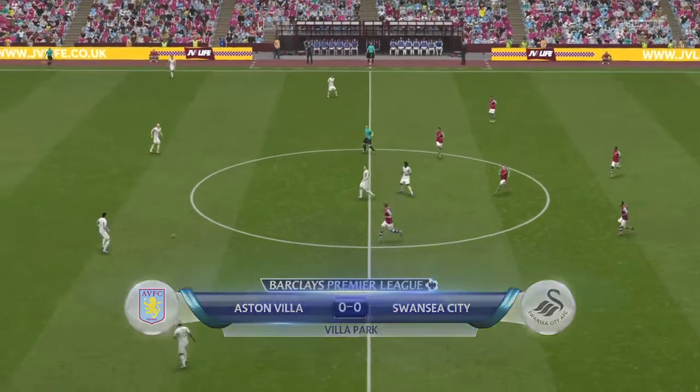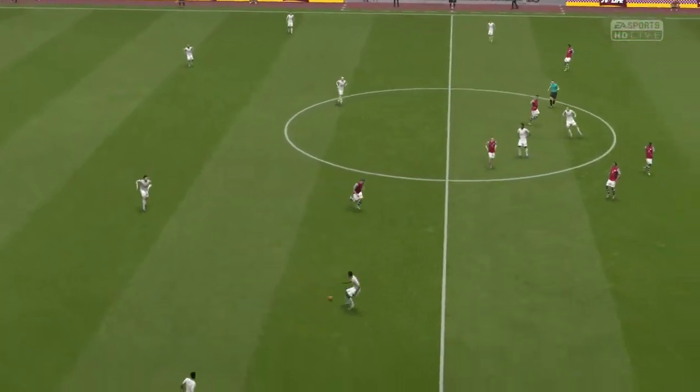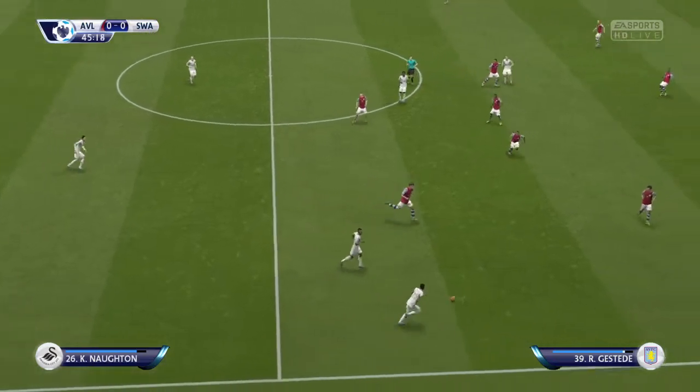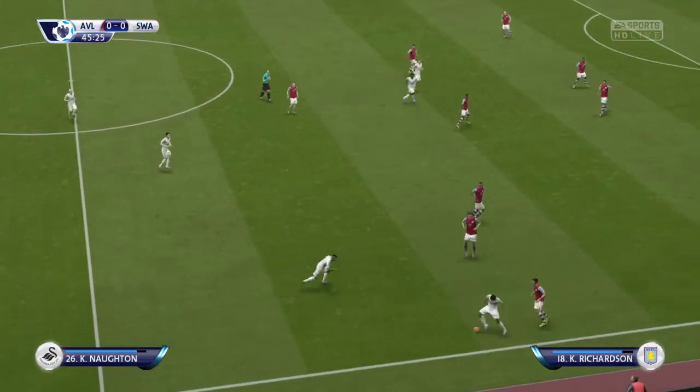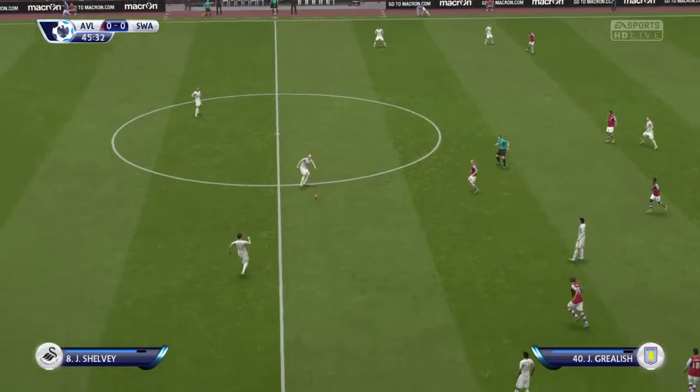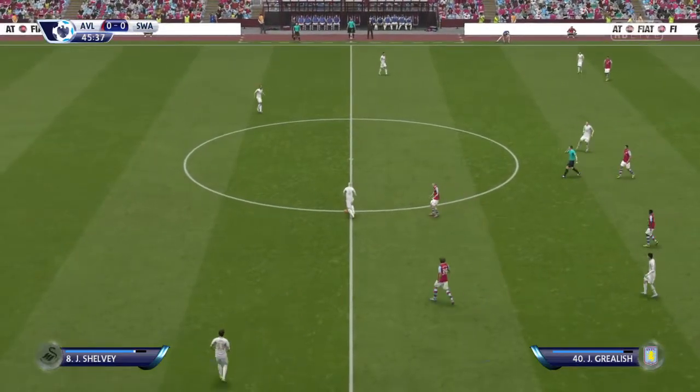So here we go with the second half. And the referee blows for handball.